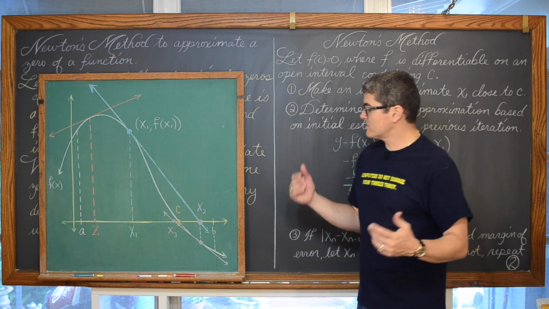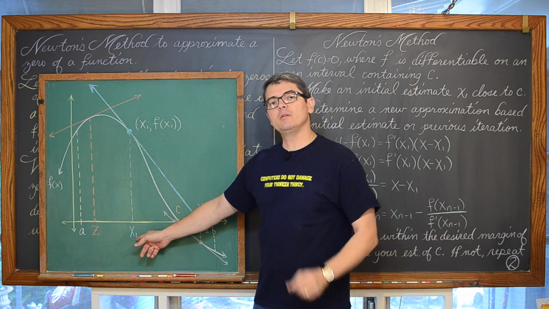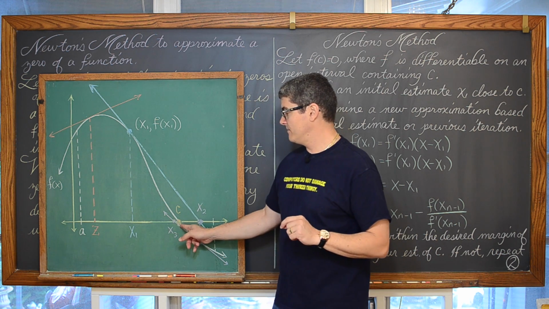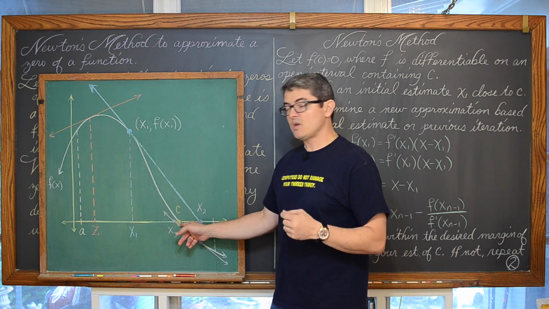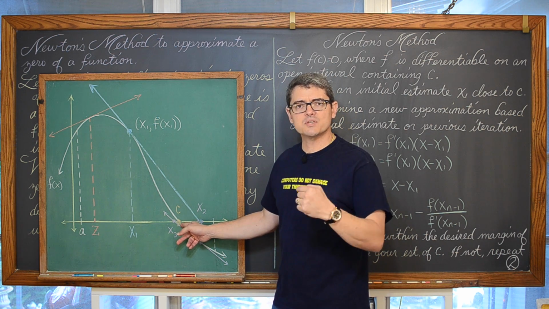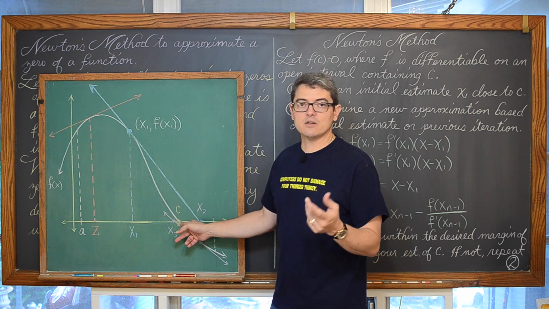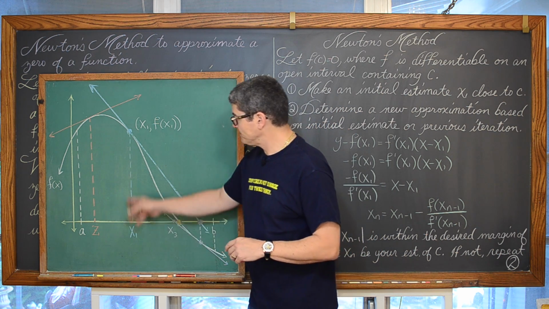And from each of those, well, I'm babbling. Let's just look at the picture. If I let this x sub 1 be my initial guess of the 0 of the function, it's kind of like telling a graphing calculator, hey, what's your first guess? Where do you think the x-intercept is when you're trying to find your root or 0 in the calculator?